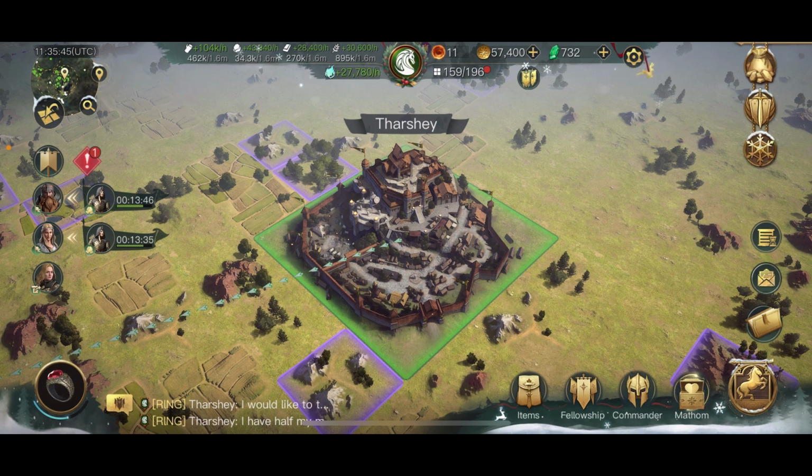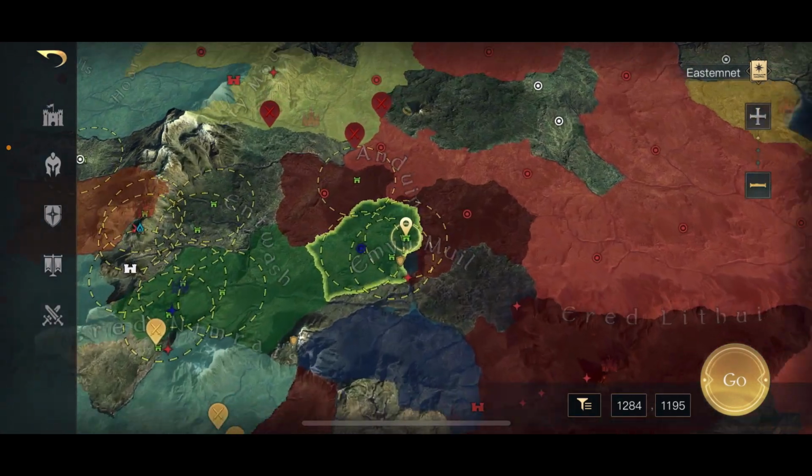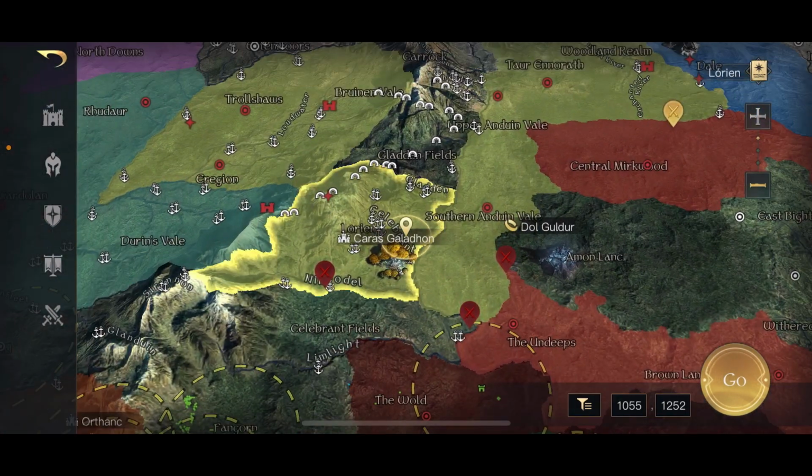So let's hop into it and have a look at the map first and foremost. If we have a look at the map, we can see that Mordor and the Varrigs have pushed out and they're fighting against Arnor and Loth. If we zoom in here, we can see that there are 3 massive weapons currently between the Varrigs and